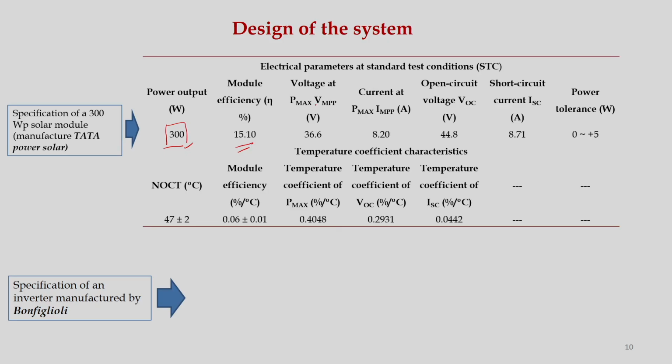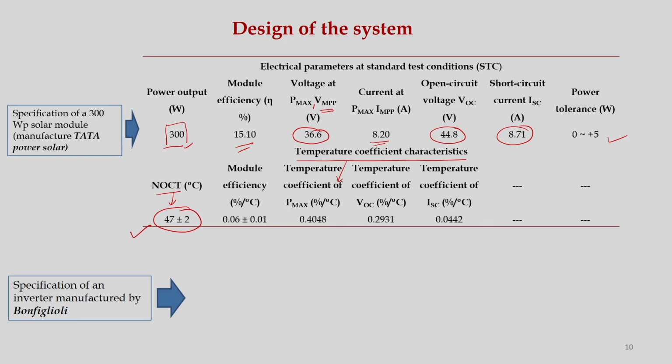Voltage at P max, that is VMPP, is 36.6 volt, current at P max is 8.20, open circuit voltage VOC is 44.8, short circuit current is 8.71, and power tolerances are given. Also NOCT, nominal operating cell temperature, is 47 plus minus 2. This is also important,